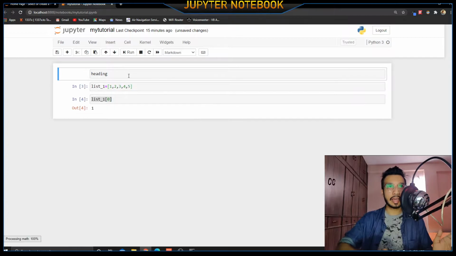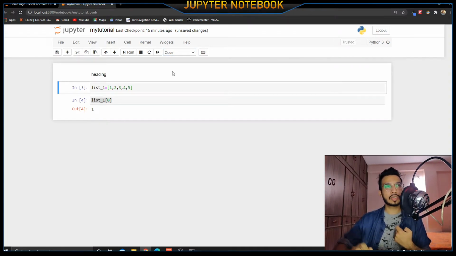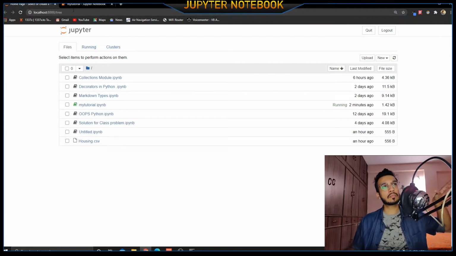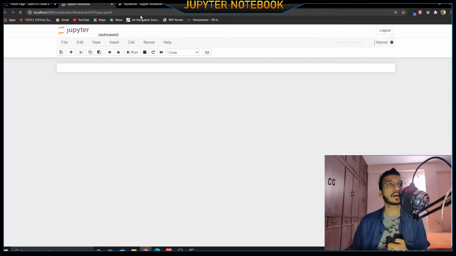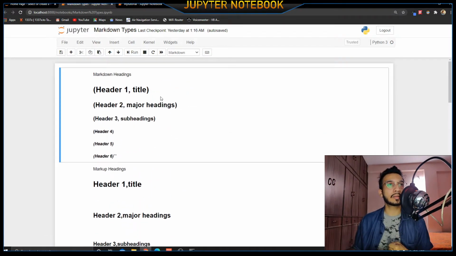and just press M. What will M do? When you press M in the command mode, this will convert this cell from a basic code cell to a markdown cell. Now if you execute this, it will come out as a normal heading. Say I want this heading to be in a very large size. Let's do that too. For that, I have to reference something because I have already written all the markup types. So here they are, and you can see all of these markup types are available here.